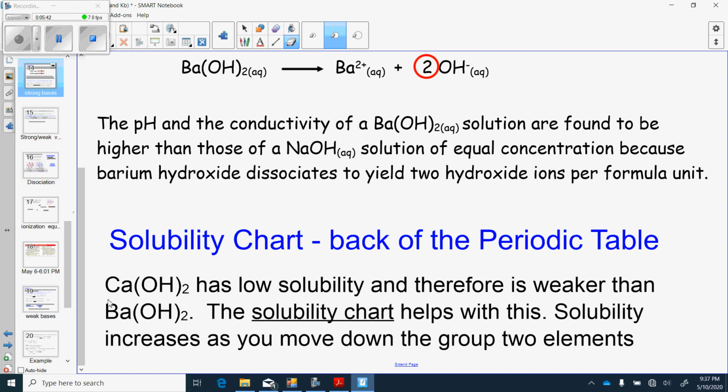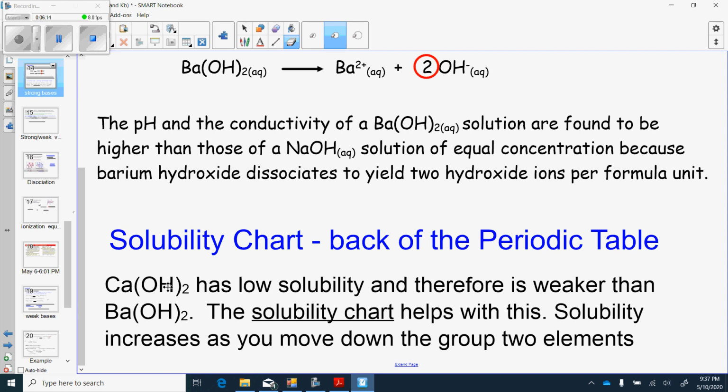So most people would assume that these guys would have equal conductivity and similar pH levels, and that is actually incorrect, because if you look at your solubility chart, barium hydroxide is quite soluble, but calcium hydroxide has low solubility. So even though we recognize it as a strong base because of the OH, in fact it actually has very low conductivity, and that's because it is not soluble in water,